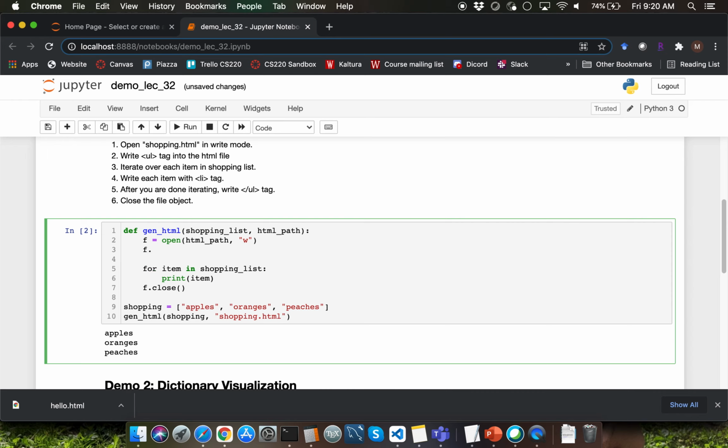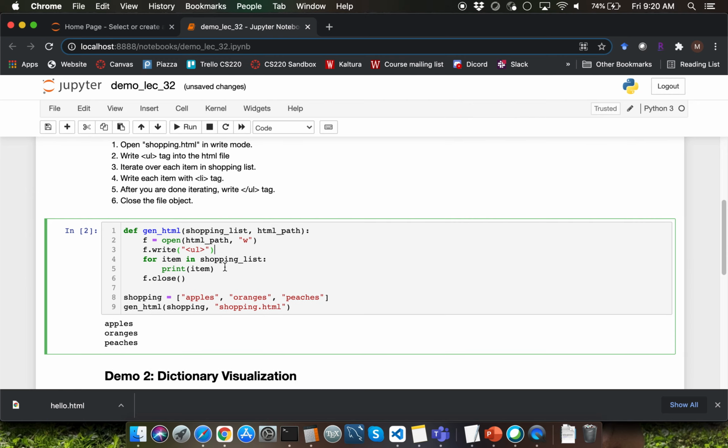The first function call that I want to invoke with f is going to be to write the UL tag. So I'm going to invoke the write function and pass the string UL tag as argument. I'm going to mention UL within angle brackets here.